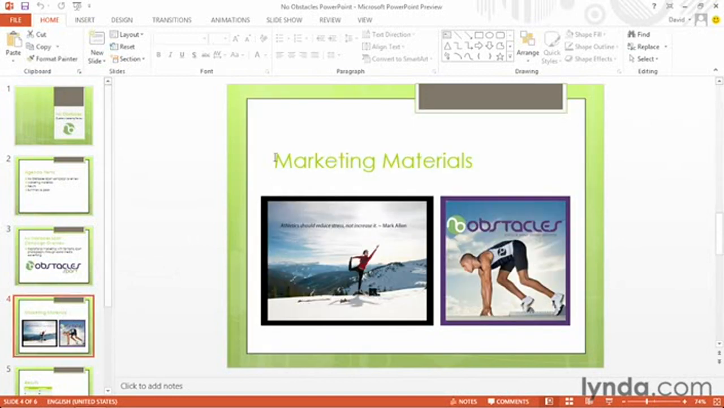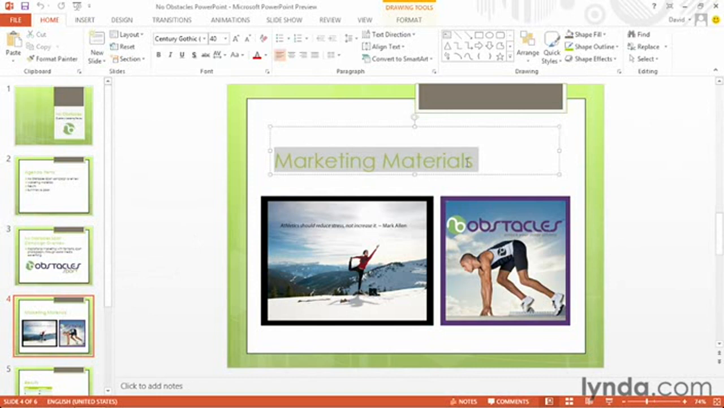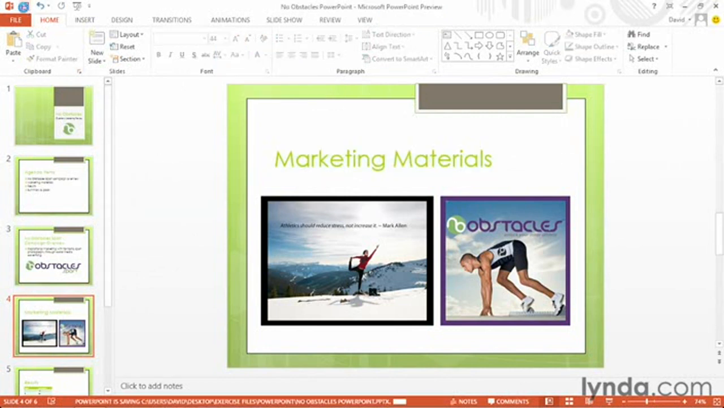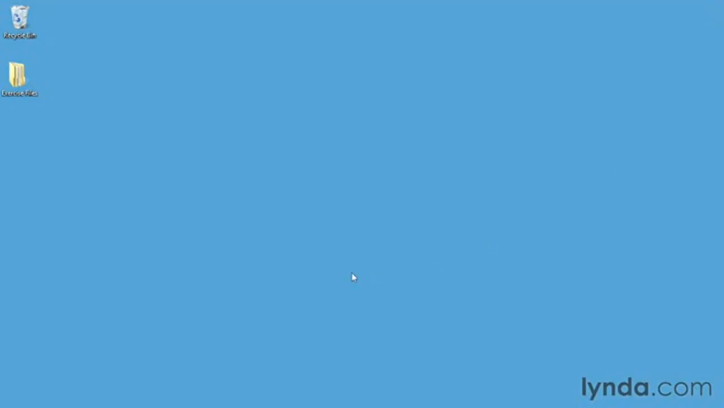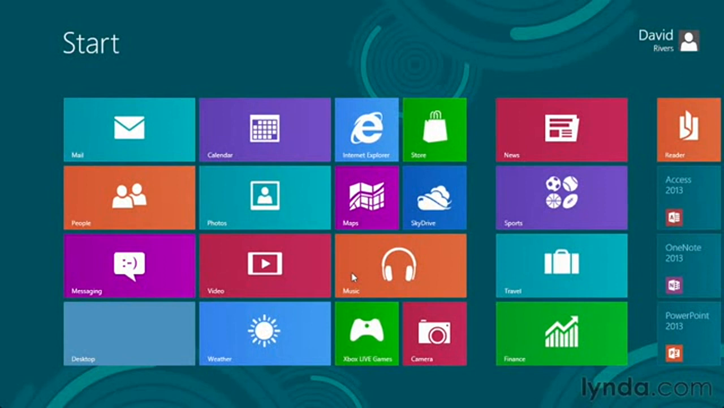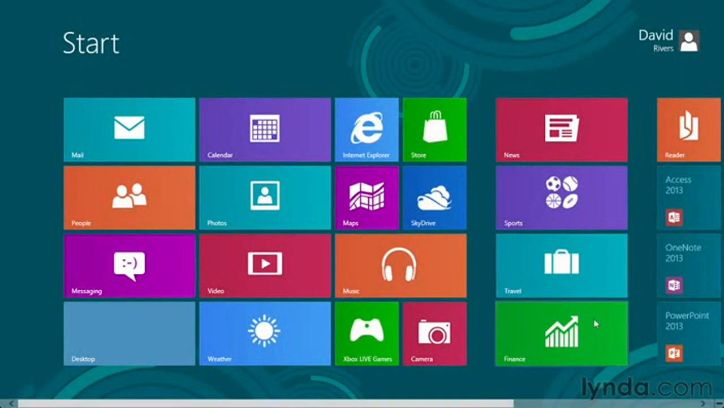And we make a change to this title. We'll just select it. Maybe we'll bump up the size a little bit here from the ribbon. We'll just increase the font size slightly. We'll save our change, and we'll close up PowerPoint. Now we go on with our day, and it's time to go back to that presentation. So we launch PowerPoint again,